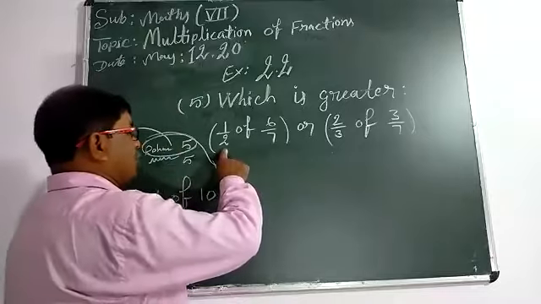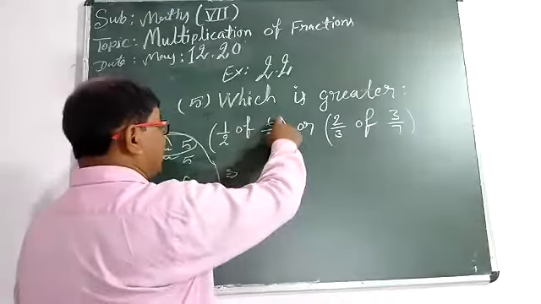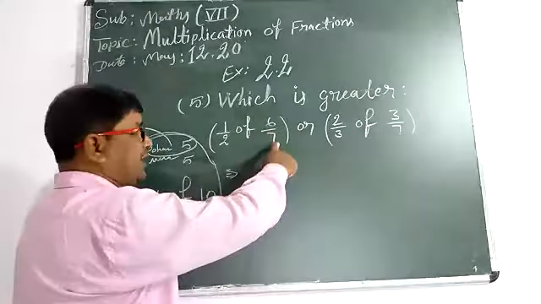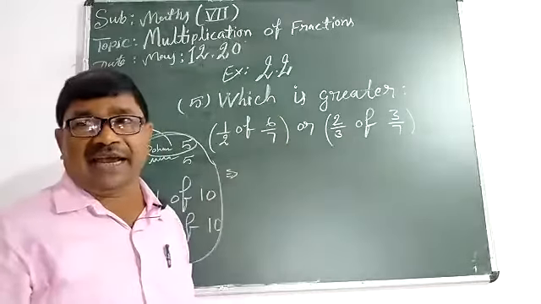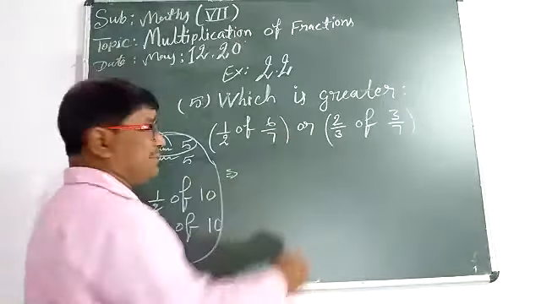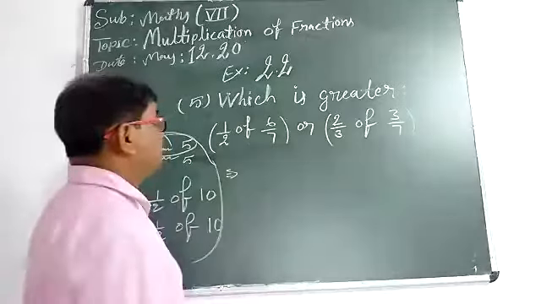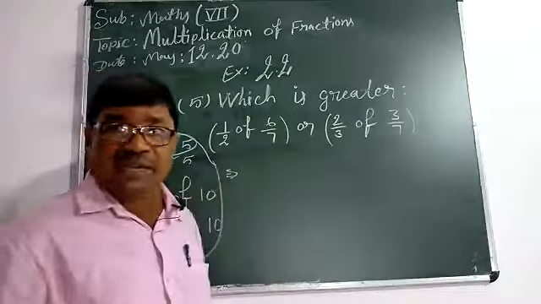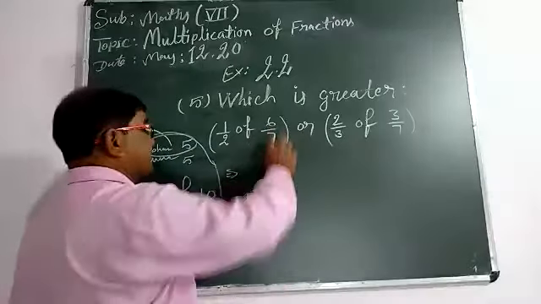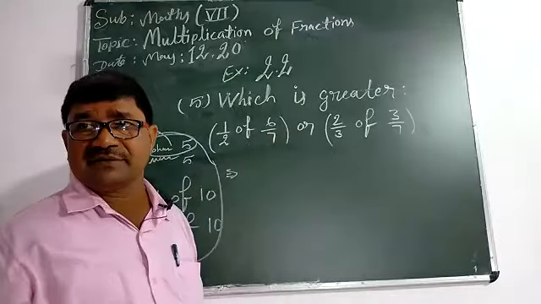We will select the common divisor between 2 and 6, between 1 and 7, between 6 and 7. Between 6 and 7, no common divisor. Between 1 and 7, no common divisor. Between 2 and 6, common divisor: 2 1s are 2, 2 3s are 6. Now, for the second, 2 upon 3 of 3 upon 7.